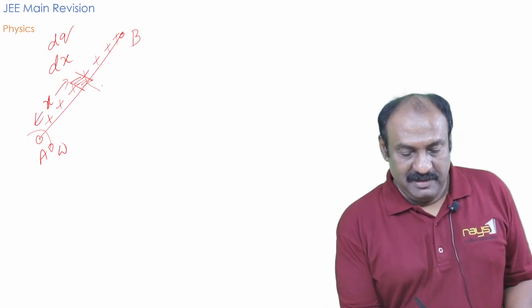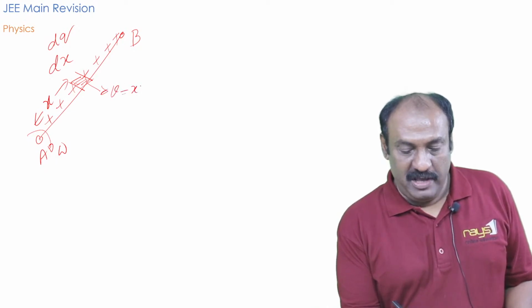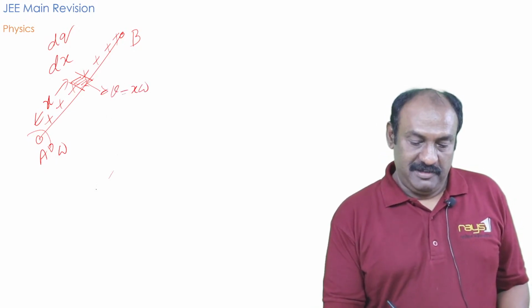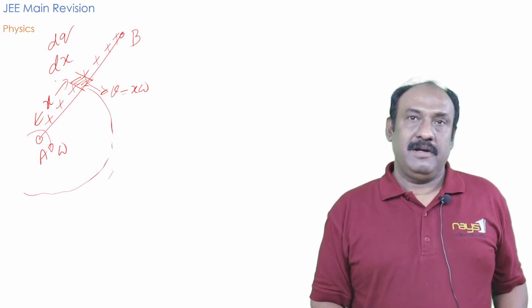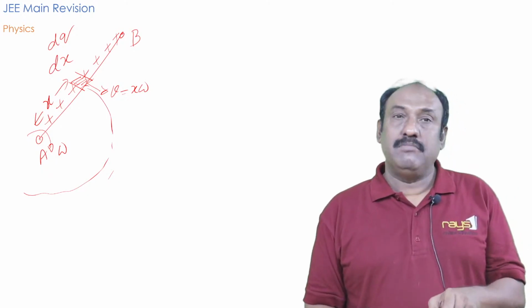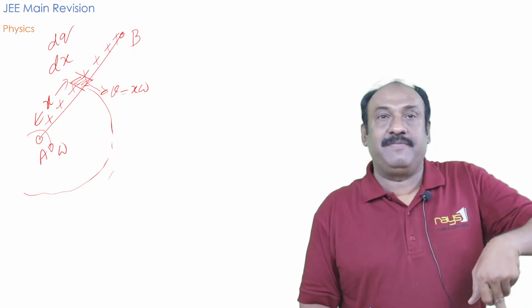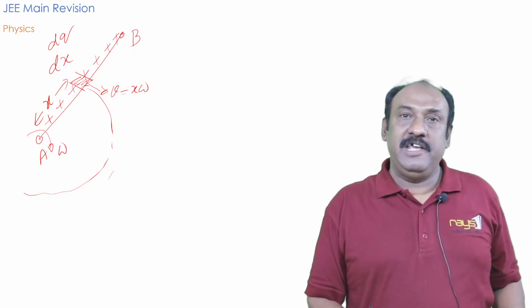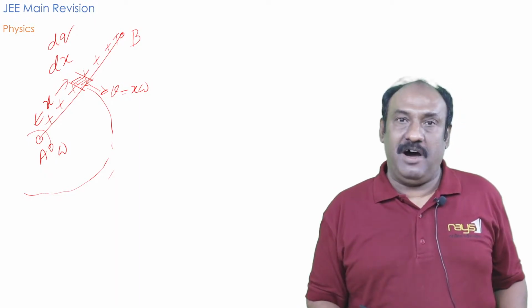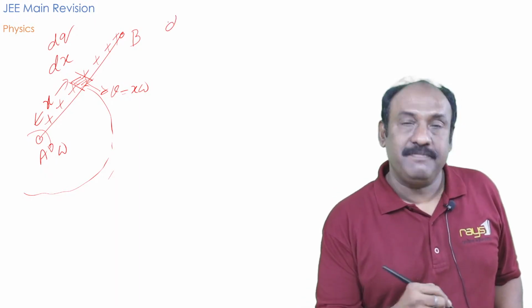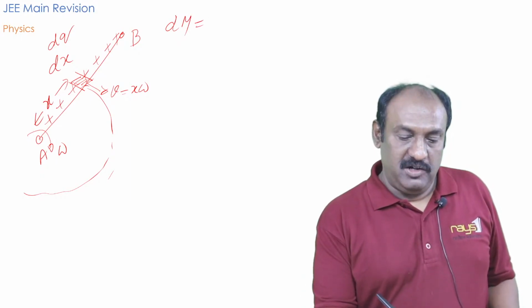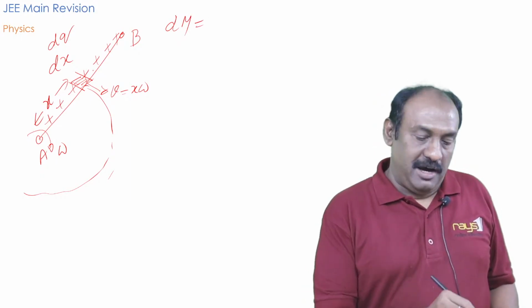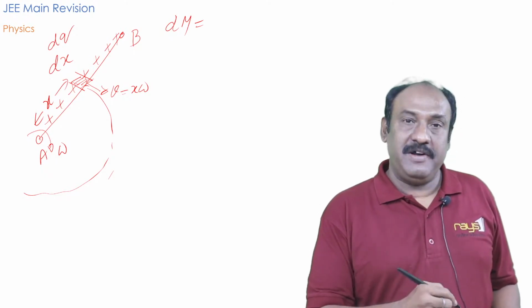Then the velocity of this elemental strip is v equal to x omega. Now, what is the magnetic moment due to the rotation of this elemental strip of charge dq in a circular path of radius x? Magnetic moment dm we have to calculate. So dm equal to, due to this rotation of this charge dq in the circular path of radius x,